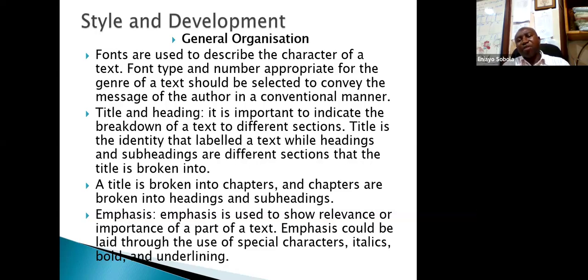If you are writing something that you need to gain the attention of a certain group of people, you need the font type that